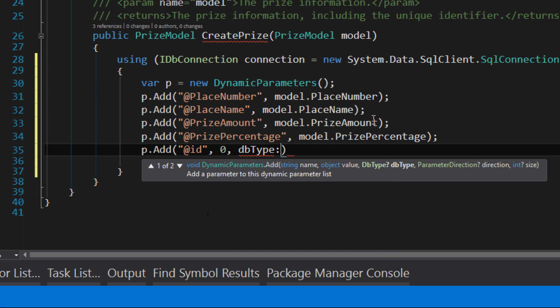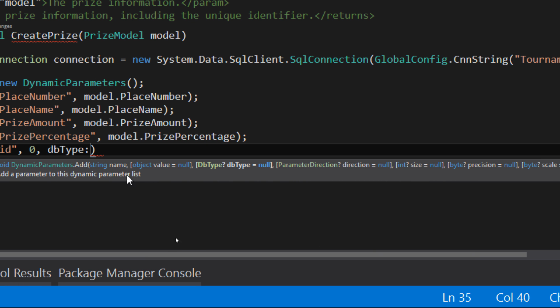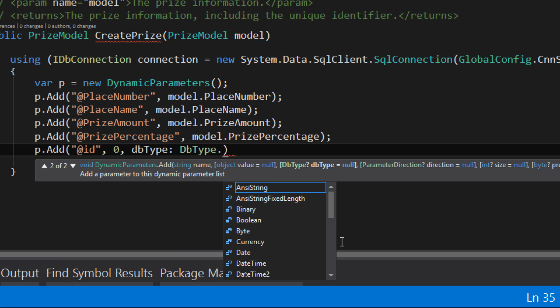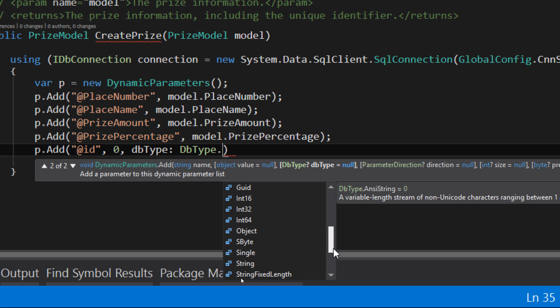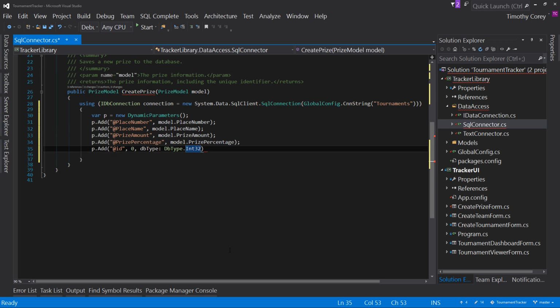By saying dbType colon, that's saying yep, this is this parameter right here. Whatever's after the colon, that's its value. So that way you can actually mix up the order if you wanted to, or when you have lots of these optional items, and there's even more with this right here, like with scale and precision and size and all the rest. When you have lots of these optional items, you can specify which ones you want to fill in and leave the rest blank. So dbType colon, and the type here is DbType dot, and here are the types we have. In this case, we want Int32, and that's the standard lowercase int. So that's what we want. So Int32,